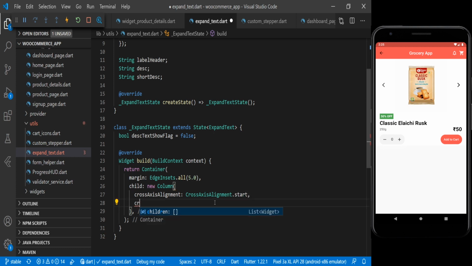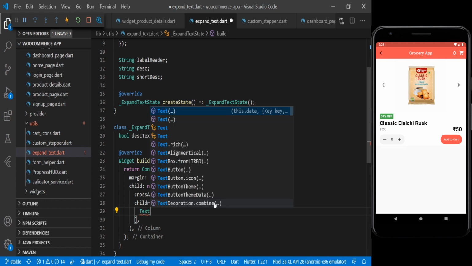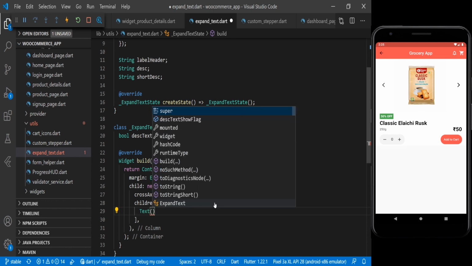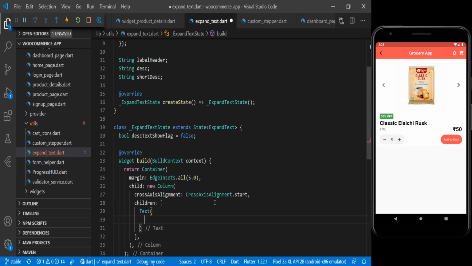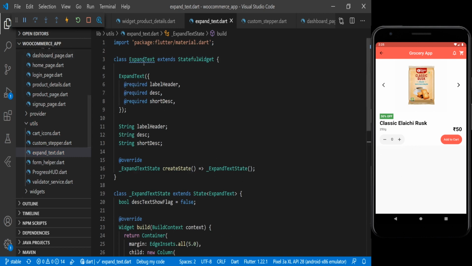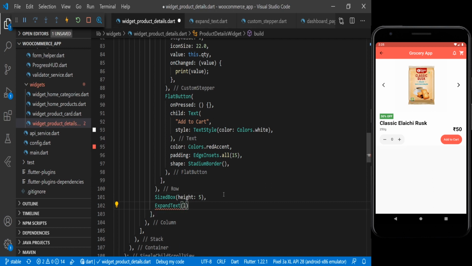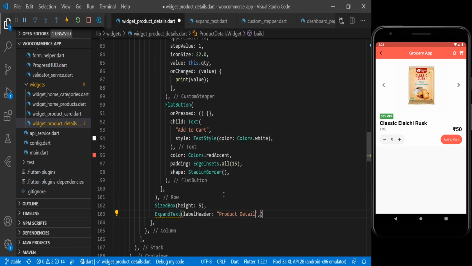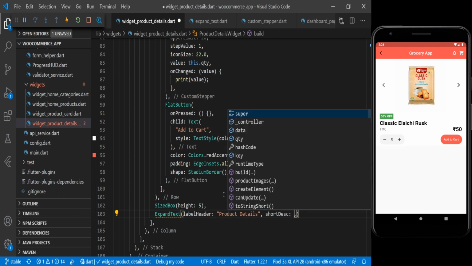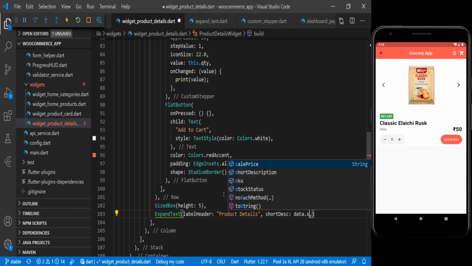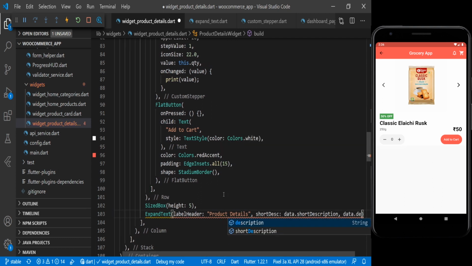And then we will have the children, and here we will have a Text for the label, and we are using a Text widget, and here we will pass this.widget.labelHeader. Now we will use that widget in our page, and we will show it side by side. And for the label we are using Product Details. Then we will have short description, and here we will use data.shortDescription. And then we will have data.description.